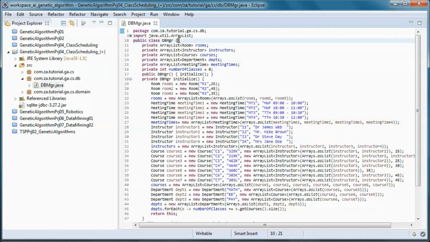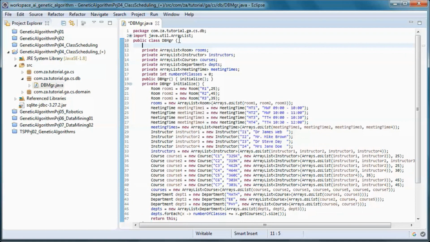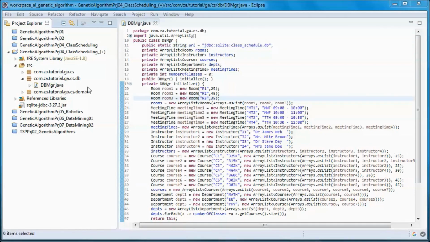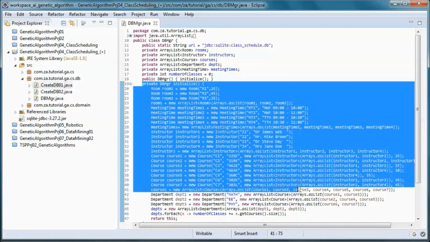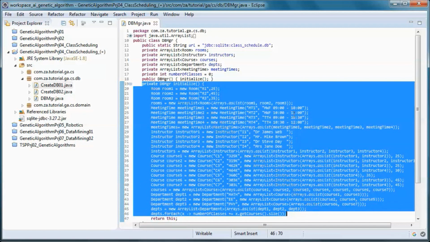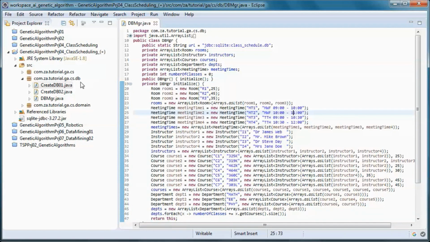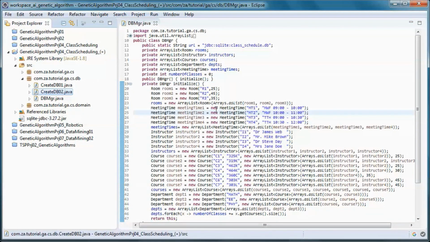And this will be the database name, and this is the URL for that database. And those two classes create the database, and this one populates it with the data from the original application, and this one populates it with an updated version of the data.